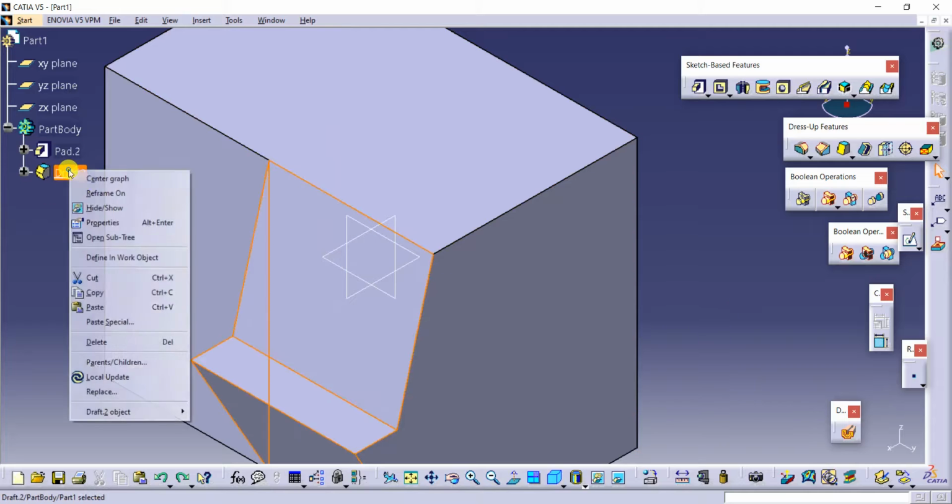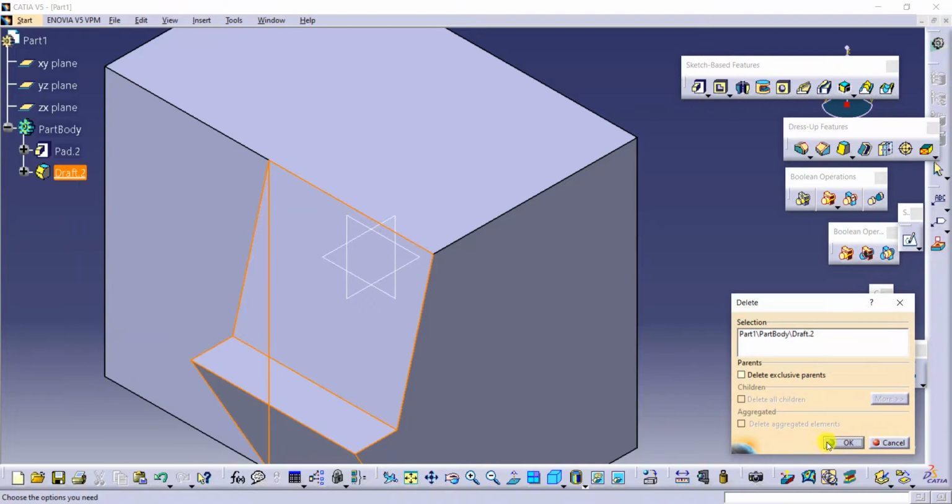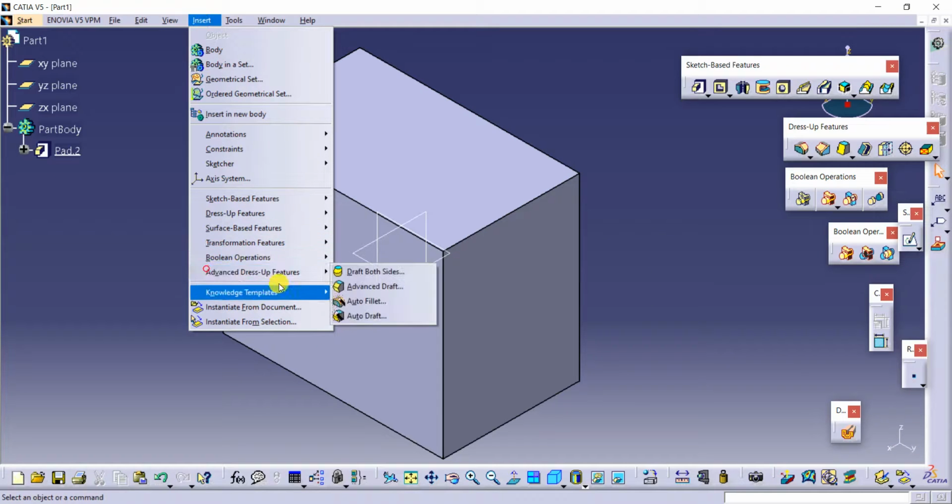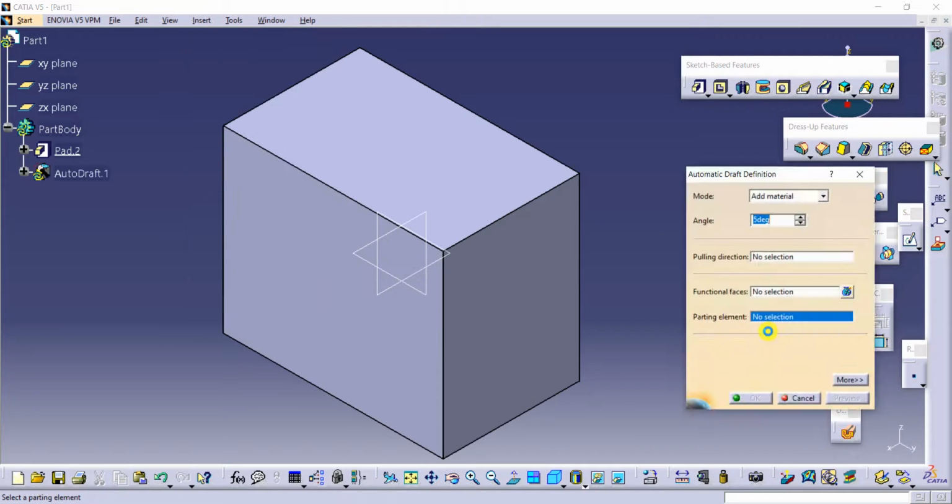Suppose here I'm deleting this draft. Here I'm selecting auto draft, and now we have to specify whether we need to add material or we need to remove material. Suppose here I want to remove material, or if you want to add material you can add, and then here we have to give angle. This is the pulling direction.